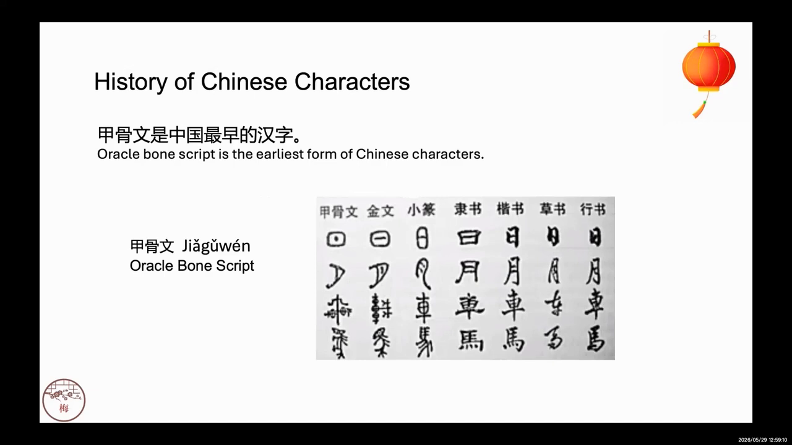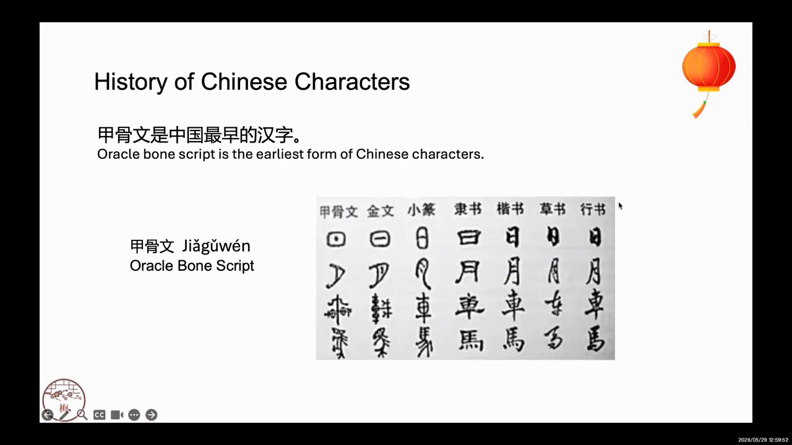Next is the history of Chinese characters. I don't know how many of you have heard about the Oracle Bone Script, 甲骨文. 甲骨文 is the earliest form of Chinese characters. It came out more than 3,000 years ago. During the evolution, Chinese characters evolved through different stages. After the Oracle Bone Script, we have so many